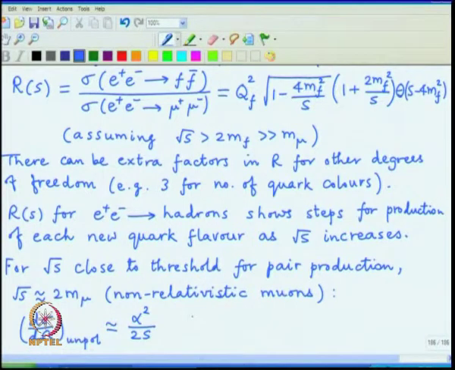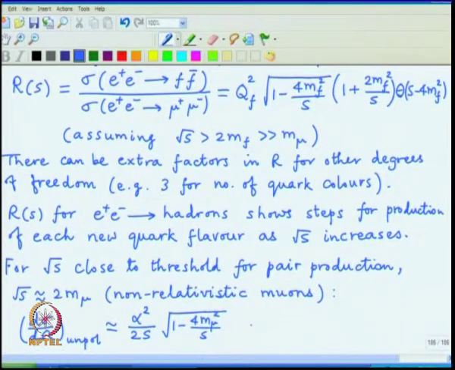The 2s comes from combining the overall factor with the remaining dependencies of the matrix element. The dominant factor is this square root, which rises from 0 at s equal to 4 m mu square to 1 when s becomes very large, and there is another factor of s square by 4, which I have already cancelled with the overall factor outside to produce this result.